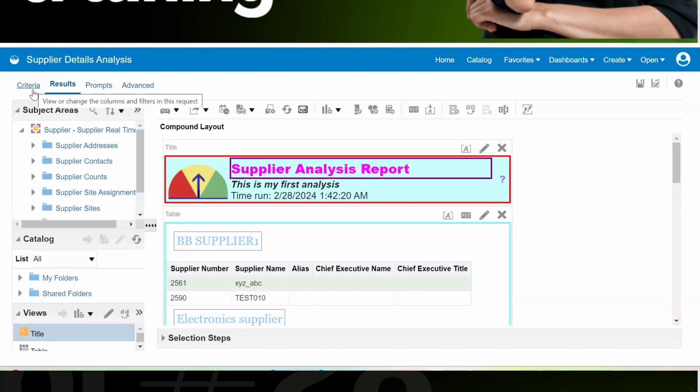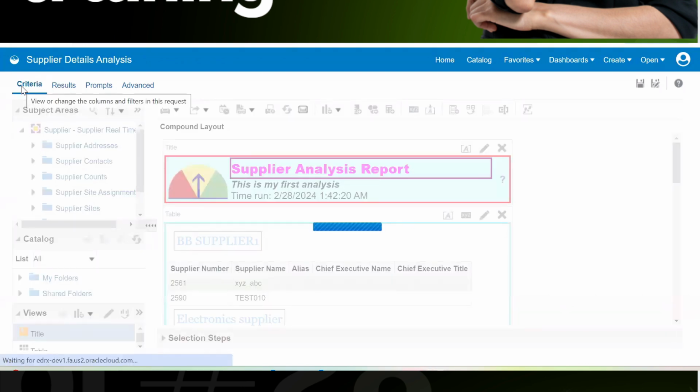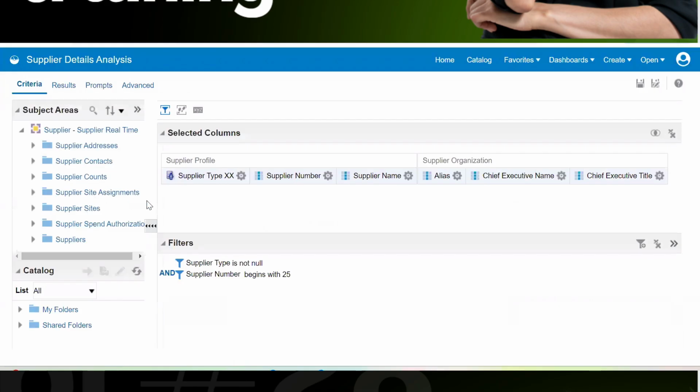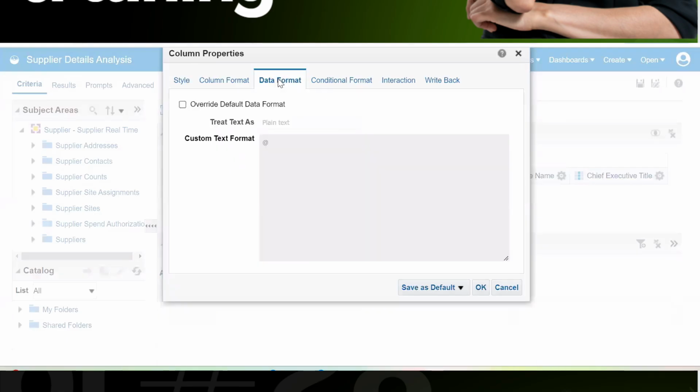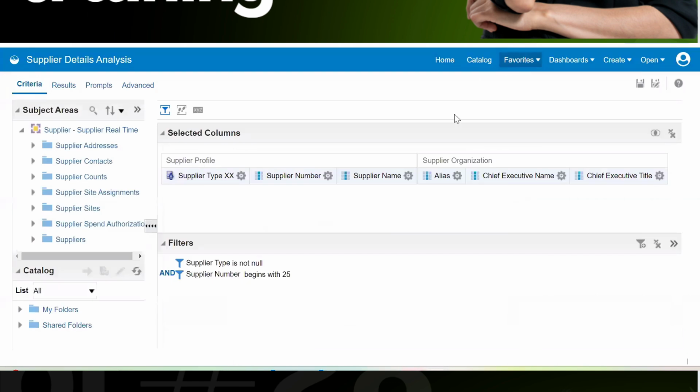Yeah. Okay. Moving ahead, as you already know, there are certain column properties. Under those column properties, we have understood about style and formats, and there is also something called data formats. In data formats, if this is plain text, this is a text field, it is coming like this. If this is a numeric field, like suppose the count is a numeric field.